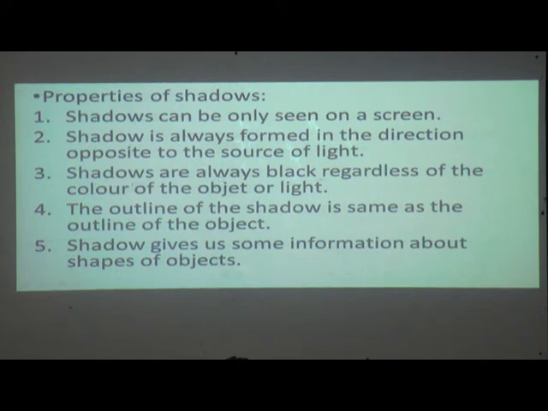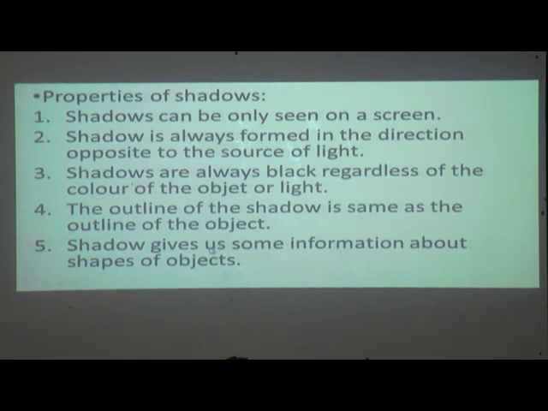Shadows are always black regardless of the color of the object or light. Again, the outline of the shadow is the same as the outline of the object. And the fifth one, shadow gives us some information about the shapes of the object. So in activity 4 they have asked a few questions, and these are the answers to those questions.